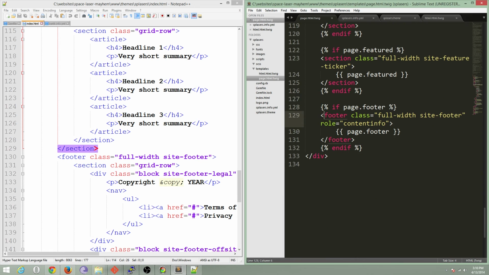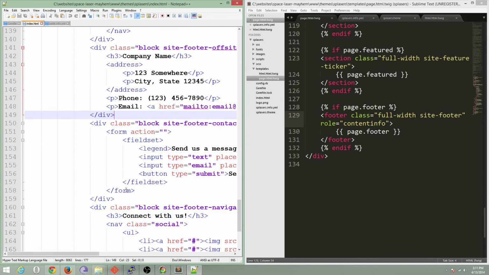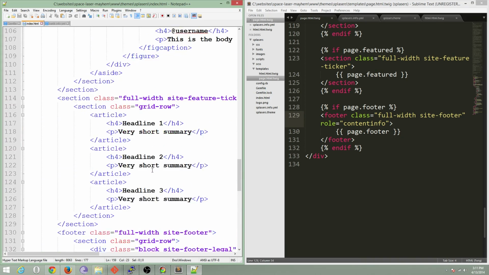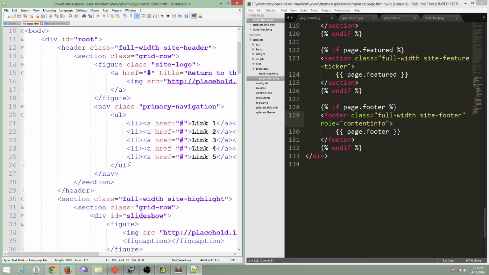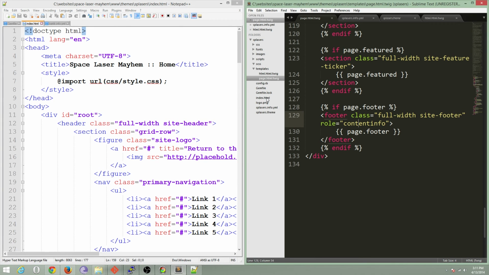Back to the last section, the footer, full width site footer, roles content info. Again, we just have page.footer. And the way we're going to be handling this is we're going to have the container, the grid row, however we decide to style and theme that. And again, we're just going to place four blocks into that section with a certain style, telling us how many columns they're going to span, what screen size they're going to be visible at. And the elements themselves will probably not say that. Again, that will be included in the SASS files that we've already created. And we're going to be rewriting those